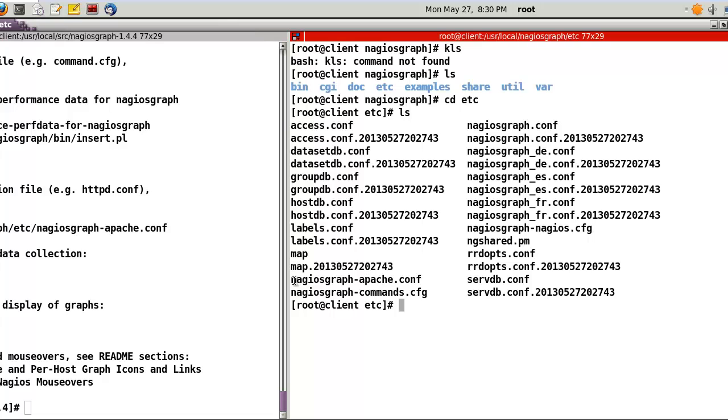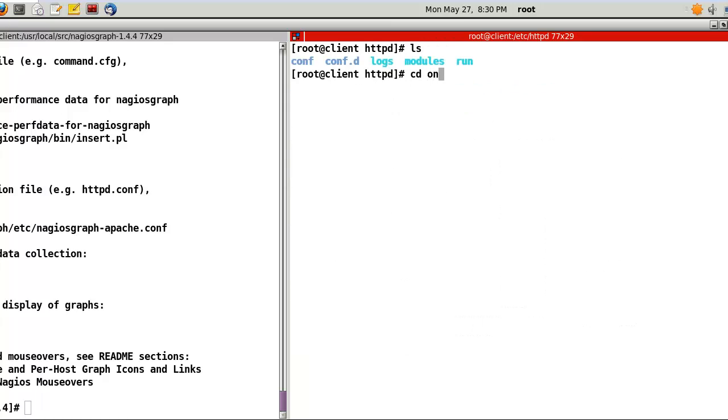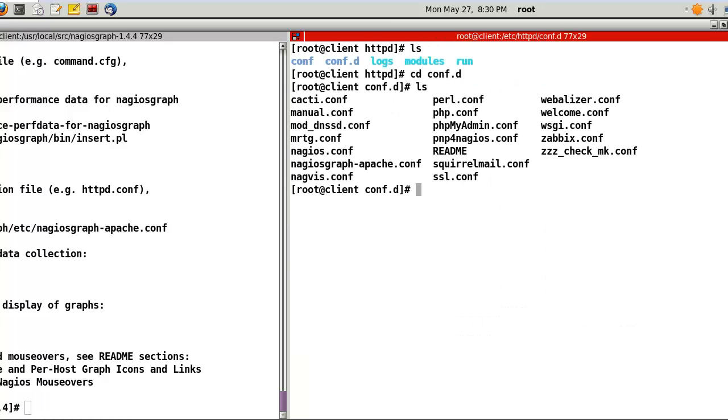So just copy Nagios graph Apache here, to etc conf.d. In my case, I already copied it. Okay, Control C. So let's go to here, conf.d, and after that, Nagios